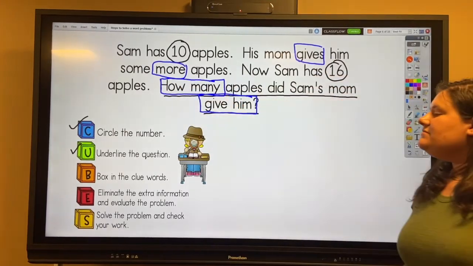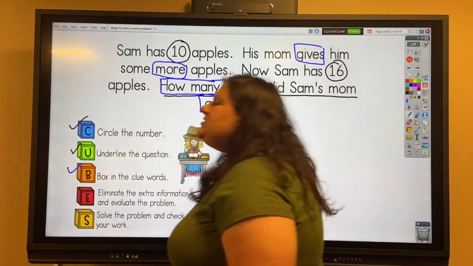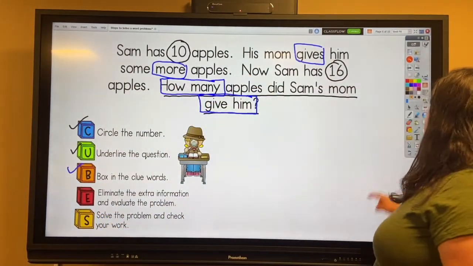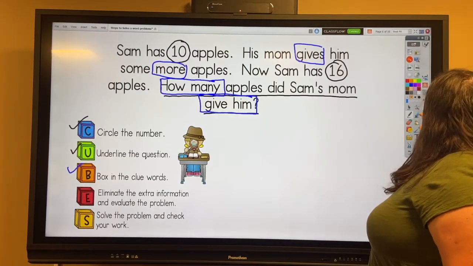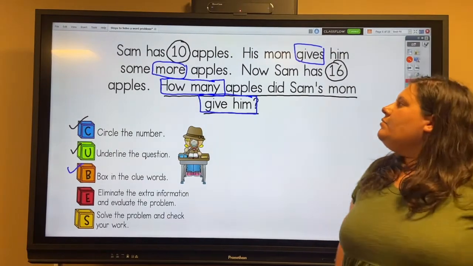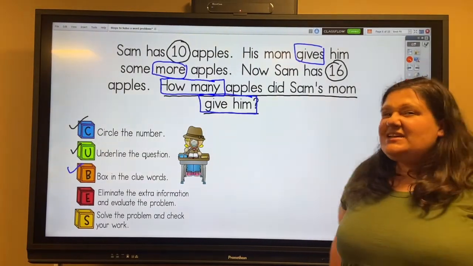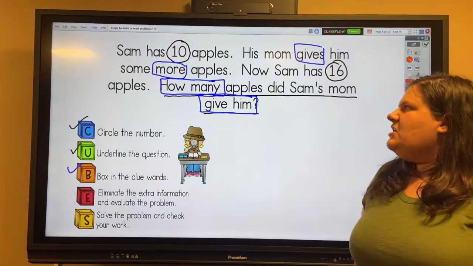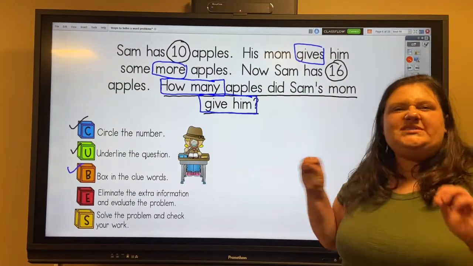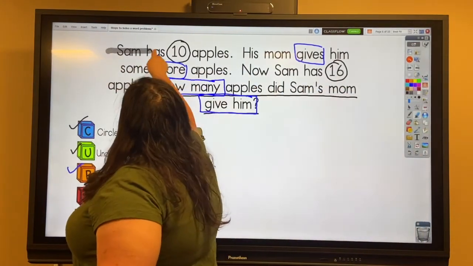All right, so now that I've done C, U, and B, I'm gonna do E, which is eliminate the extra information. So what that means is I'm gonna take my black marker and I'm gonna cross out whatever I have not circled, boxed, or underlined. That's stuff that I just don't need to know. Those are like the filler words that may confuse me when it comes to solving this word problem. So I'm gonna cross out Sam has